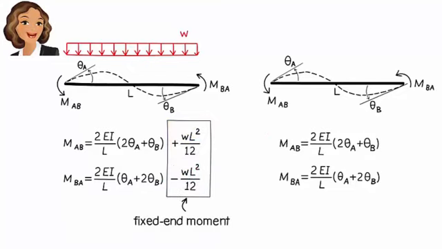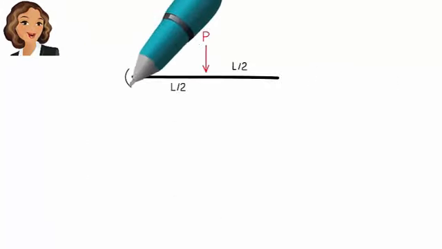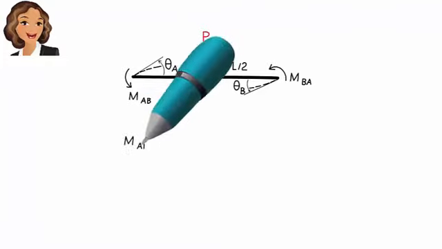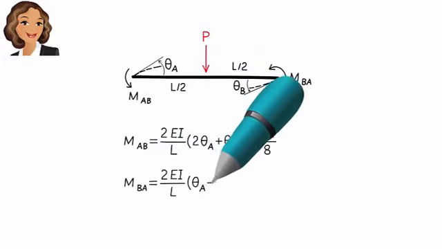For a uniformly distributed load, fixed end moments are positive WL squared over 12 and negative WL squared over 12. Obviously, different loads give us different fixed end moments. For example, if we subject the beam segment to a downward concentrated load of P at mid-span, fixed end moments become